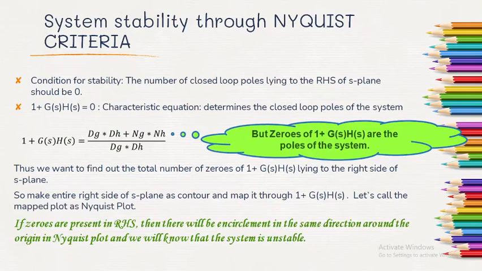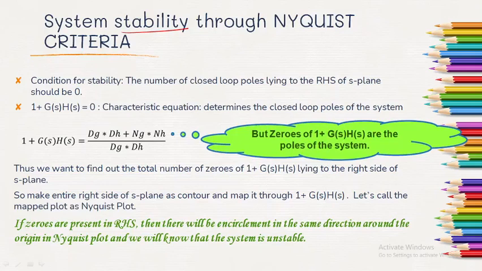really be able to understand what is the concept behind the stability through this Nyquist criteria, system stability through Nyquist criteria. Now coming back to stability, just remember all the points that I have told you. And when we come back to the stability of the system through Nyquist criteria, what is the condition for stability? हमने शुरू से पढ़ा है कंट्रोल सिस्टम में, उसमें पढ़ने की कोशिश किए थे सिस्टम कब स्टेबल होता है.